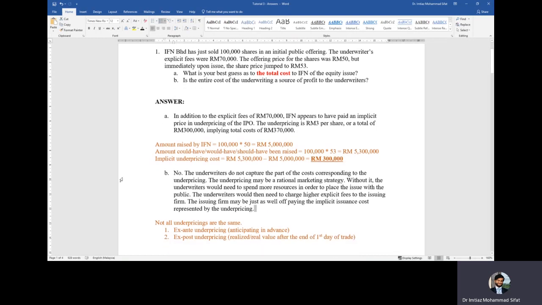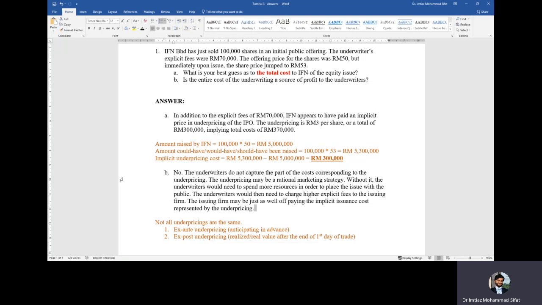So for the second portion, is the entire cost of the underwriting a source of profit to the underwriters? Well, no, not quite. There's a yes and no associated with it. The cost of the underwriting is a profit to the underwriters. That is true, but it's not necessarily the entire amount. The underwriter potentially also loses out because of the underpricing. That is because oftentimes their fees, the services that they provide and whatever they charge for that, is usually